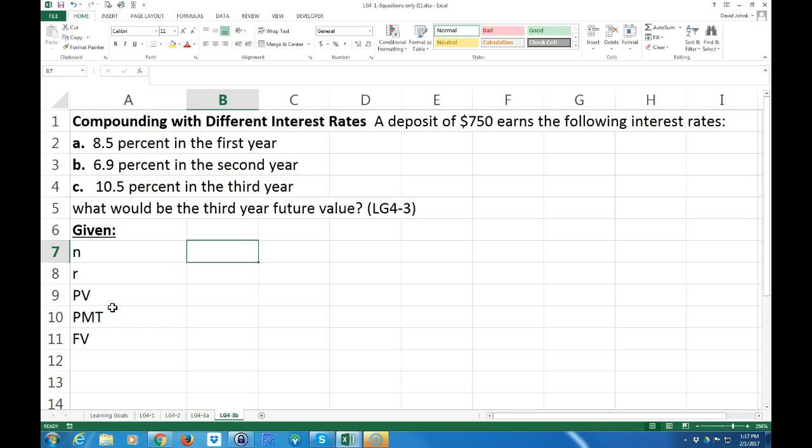And then N is 3 years, right? R is 8.5%, and the next year it's 6.9%. Read the problem, you'll understand what I'm doing. And then the next one is 10.5%. So the different rates on each year. So how do you calculate that? We know the present value is a deposit, so you're depositing money, so that's a negative $750. You're not making any payments,